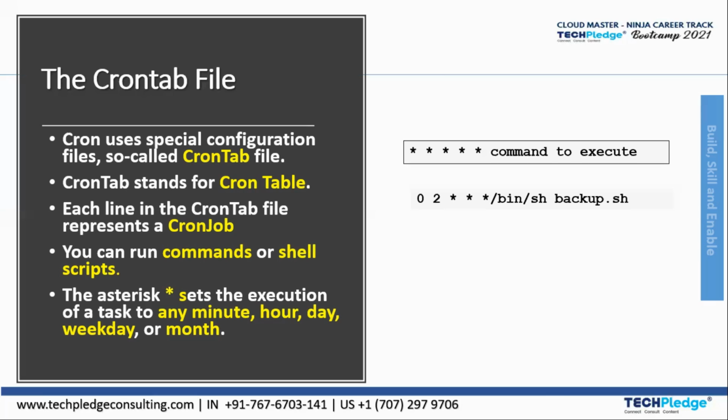The first star represents the minute, the second star represents the hour, the third star represents the day, the fourth is the month, and the fifth is the weekday. So after every 2 hours, let's take a backup. This is all about the command that is being executed. So each line represents a cron job in that crontab file. I hope you can get it.